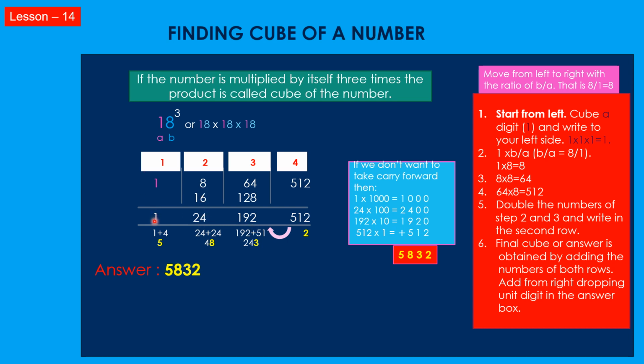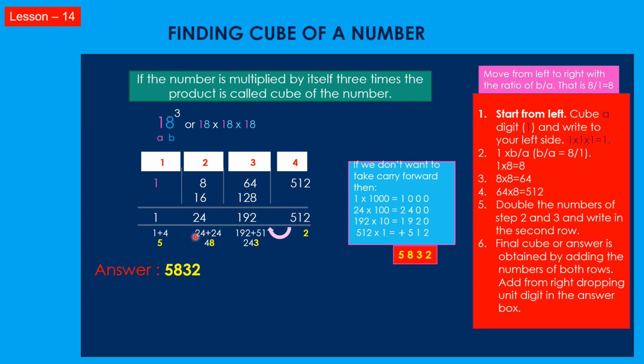And then 1. And then your final answer box, what you do, you just drop here from 512 the unit digit 2 in the answer box. 51 is carried forward to the next number, that is 192. So 192 plus 51 is 243. Again here there is a 3-digit number. So what you do, you just drop the unit digit 3 here, and 24 is carried forward to the next